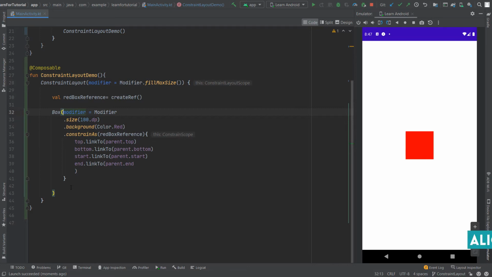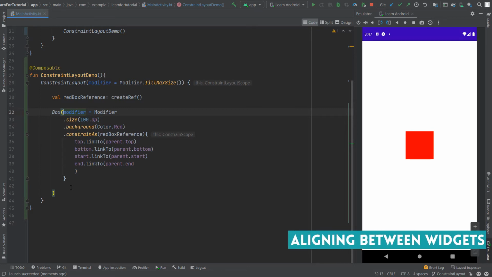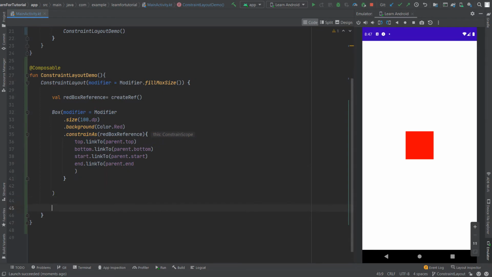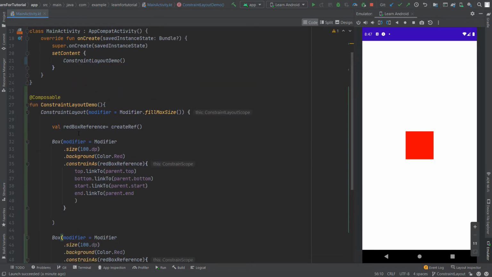Now we are going to discuss how we can constrain different views. So here I am going to have a copy of our redboxReference and I am going to create a new box widget. Also, for this box I am going to create a reference.